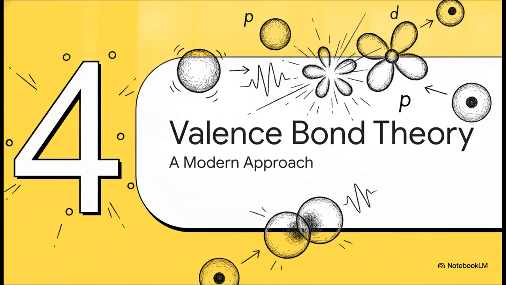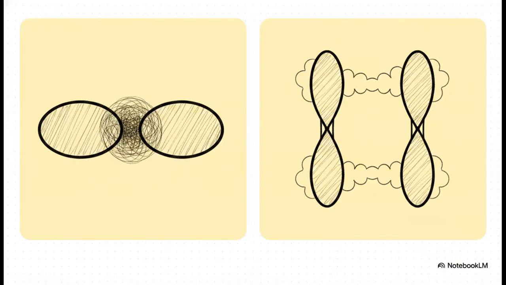Valence bond theory. Since that basic octet rule clearly has its loopholes, valence bond theory steps in to explain what actually happens when these atomic orbitals physically smash into each other. There are 2 main ways this goes down. First is the sigma bond. This is a strong, head-on, axial collision packing a massive 80 kilocalories of bond energy, and it completely dictates the